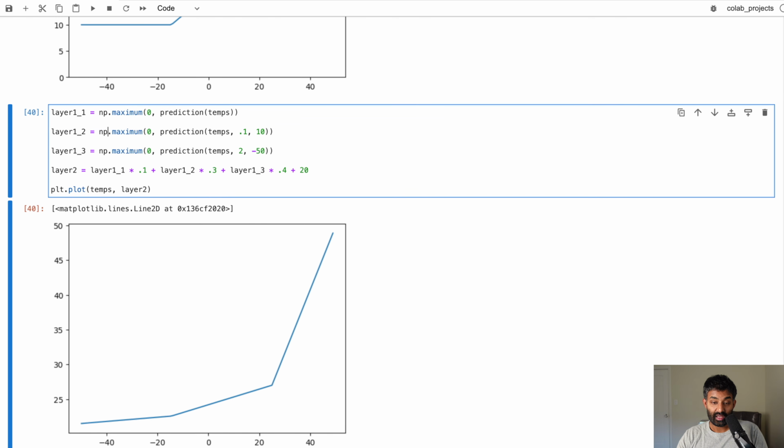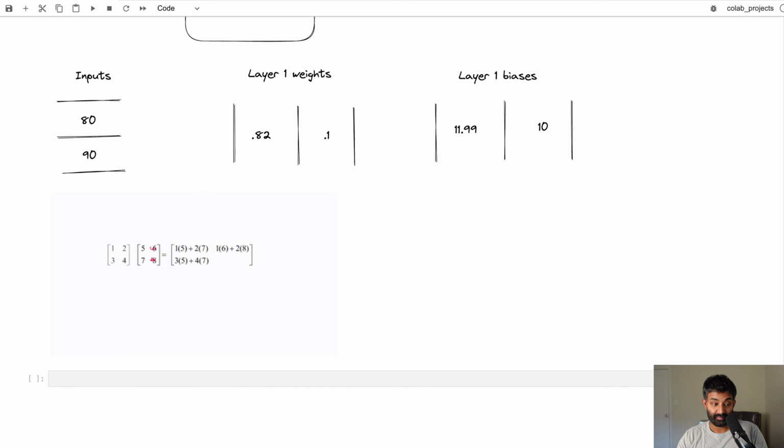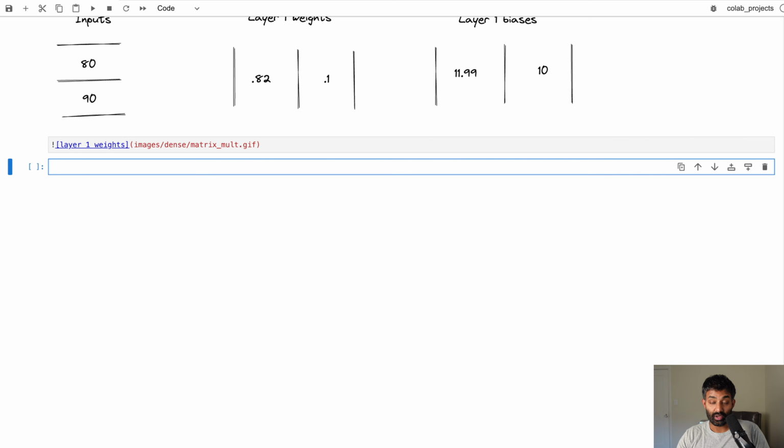In layer 1 we took our input temperatures and multiplied them by 0.1, by 2, and here 0.82. So this is a way to essentially do all of that at once. And once we do matrix multiplication on